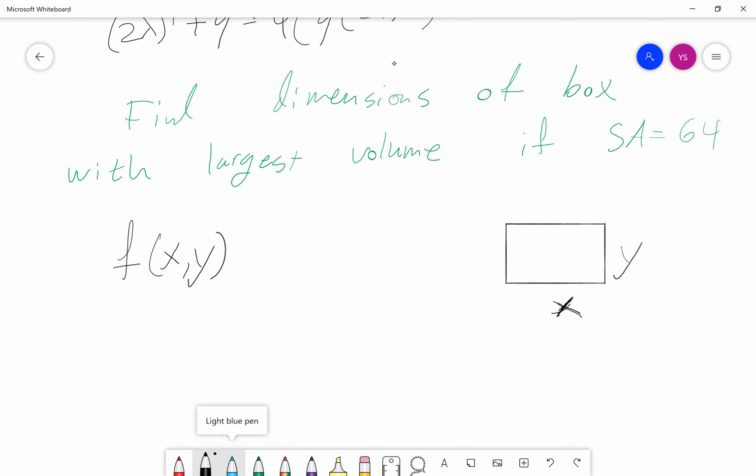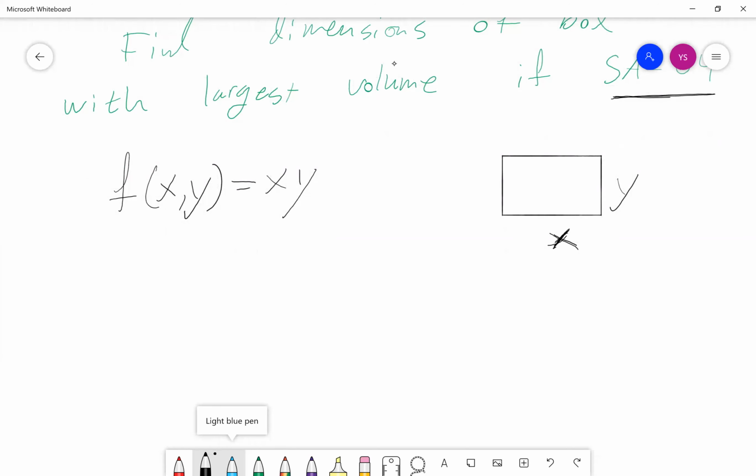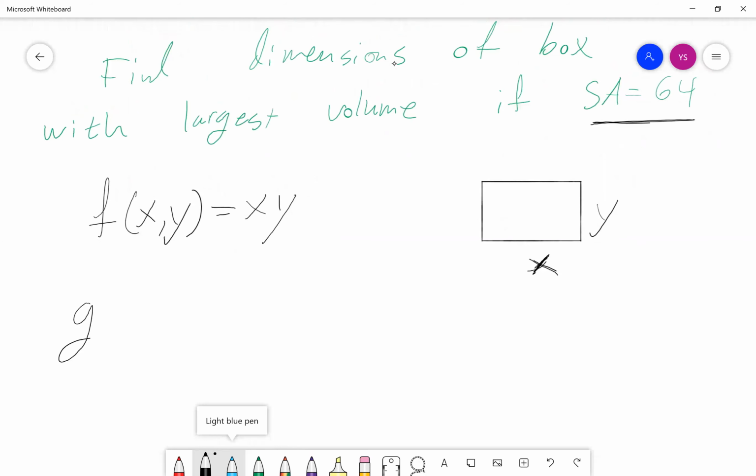So what is its volume? It's going to be equal to x times y, right? So this has 2 independent variables and 1 dependent variable z. And for any x and y, it gives you the volume of your box. Now, of course, I can take this to infinity if I wanted to. I can just blow up x and this thing goes to infinity. But I have a restriction, which is my g. So I have something in the form of g of x, y is equal to